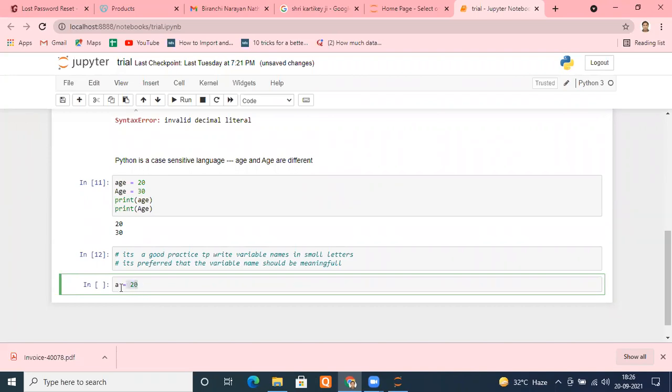Again, a third very good practice. Suppose there are lots of age variables. You are asking the age of parents, the age of children, the age of grandparents. Then how will you recognize them? There should be some demarcation so that we can identify that these are the age variables for elderly people, this age is for children, and this age is for grandchildren. If we use only age, we will not be able to recognize that.